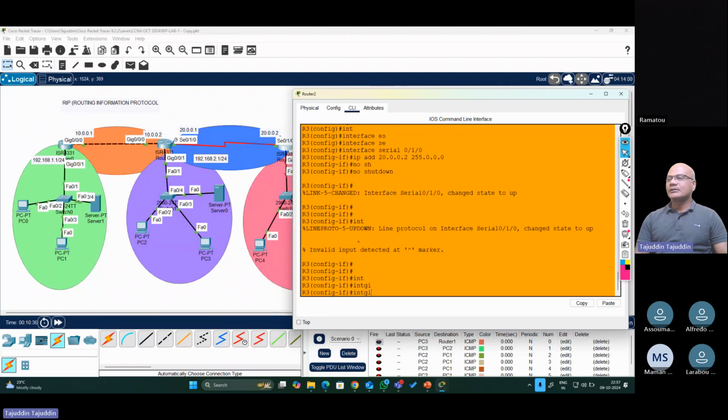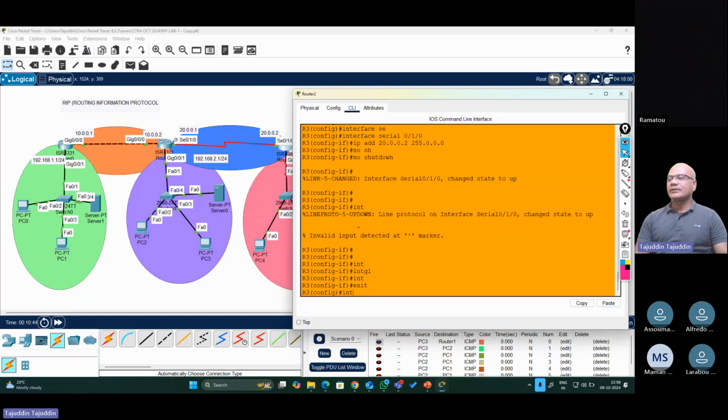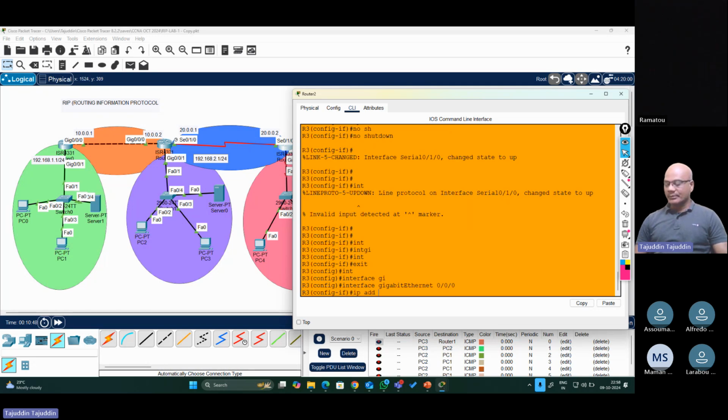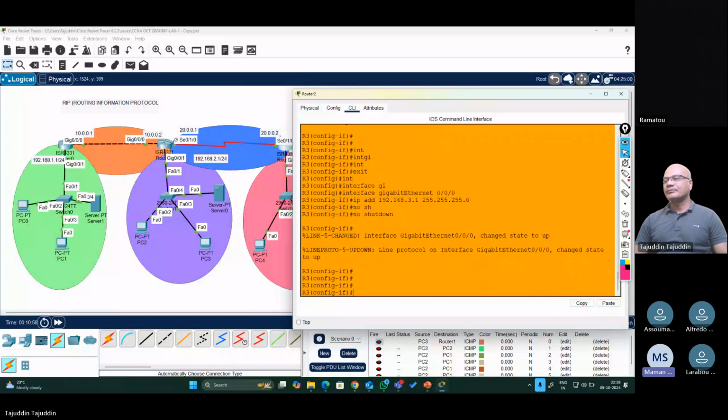So next is your LAN interface now. Interface gigabit 0/0/0. So what is the IP address? 192.168.3.1 here, and with the subnet mask. Okay, with no shutdown. So next thing is